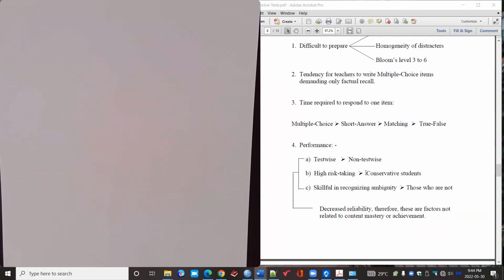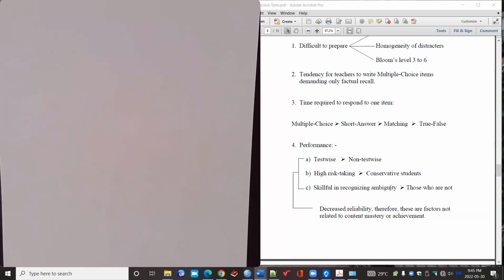Even under this condition, high risk taking students outperform the conservative students. Okay, and of course there are lots of reasons. But then take my management course and I will explain. Okay, all those skillful in